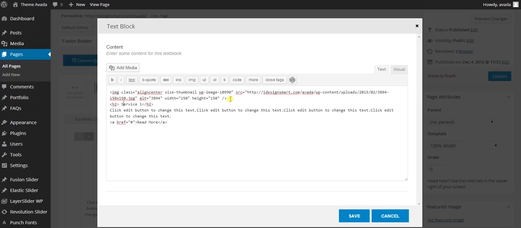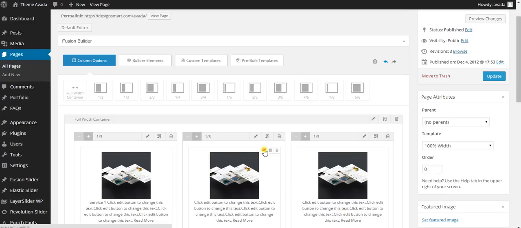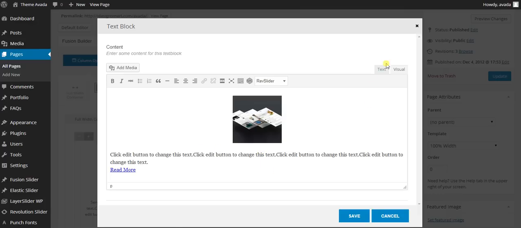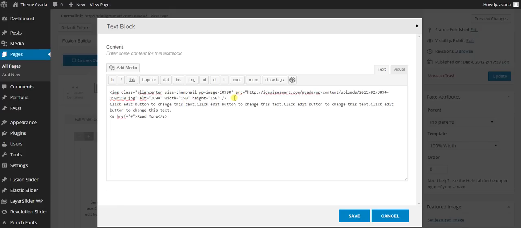This is some HTML that I'm using to edit that. I will just save this,